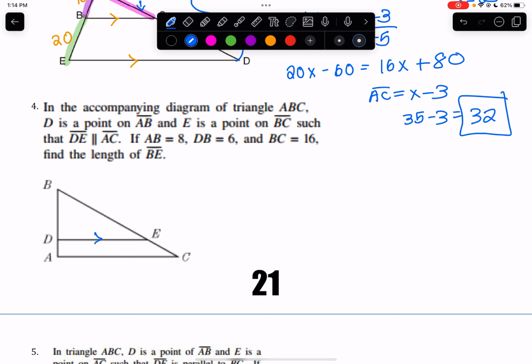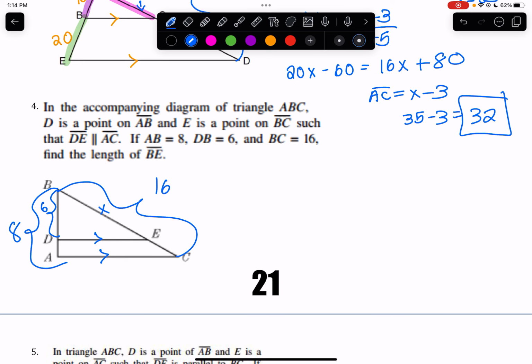Okay, parallel lines, start marking it up. AB is the entire length, that's 8. DB is this piece, which is 6. BC, the entire length, which is 16. We want to know the measurement of BE. So if I was going to do top over cut, I would have to know what EC is. EC is whatever's left over when you take away x. So top over cut,